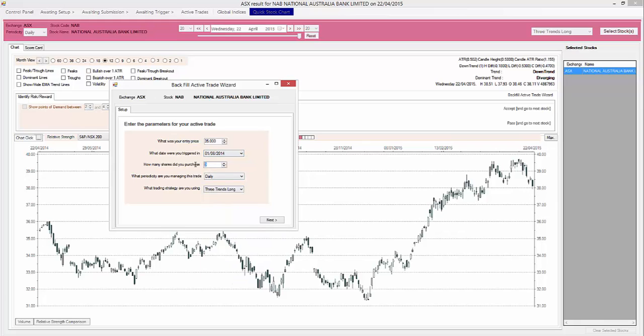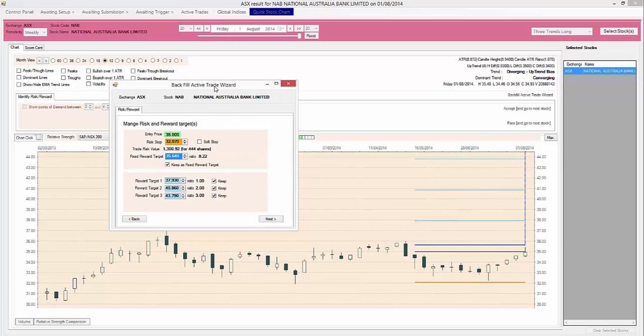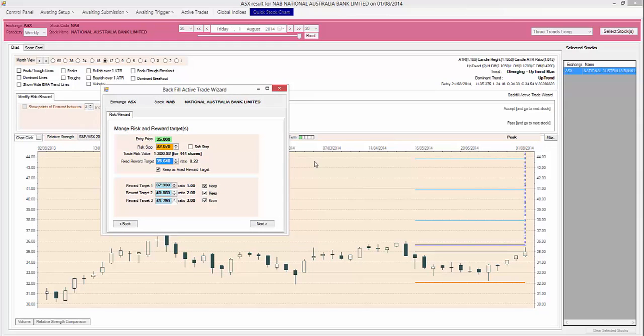How many shares did I purchase? 444. And what was the periodicity that I was managing this trade? I can choose either daily or weekly. I'm going to change it to weekly here, and I'm going to be following a 3 trends long strategy. Click the next button on the wizard, and what's happened behind the scenes is the chart has changed to